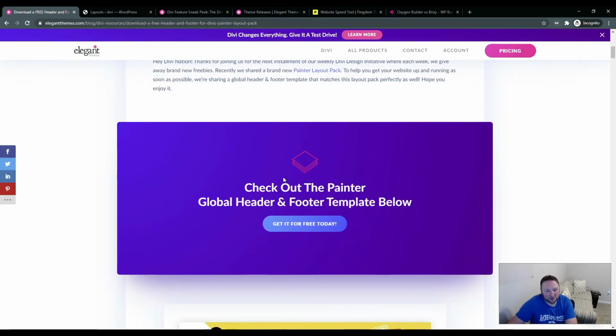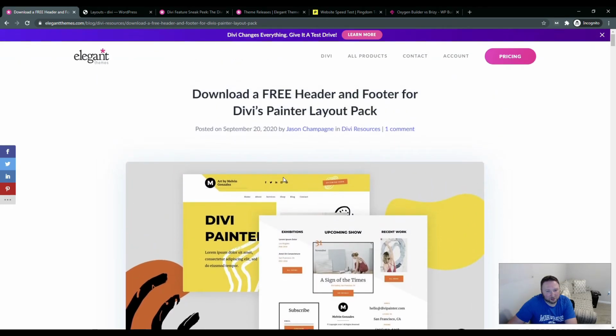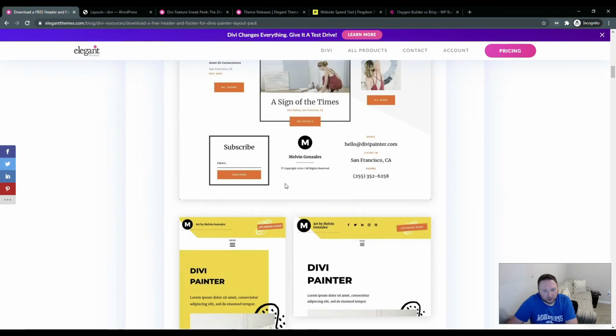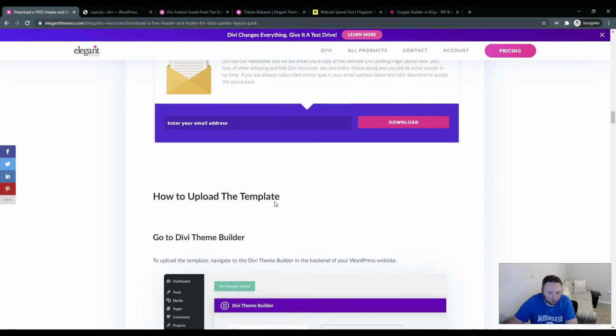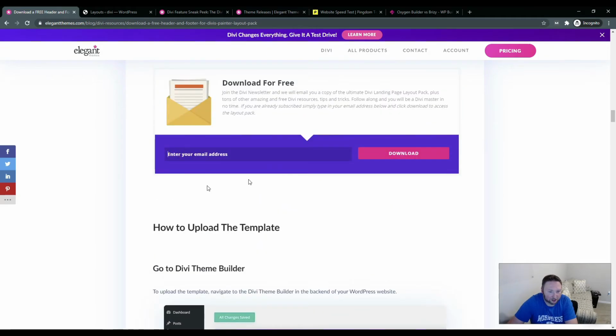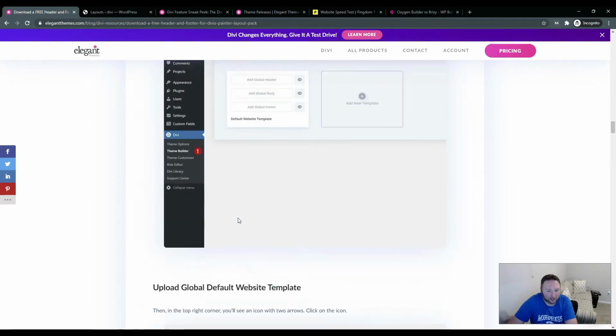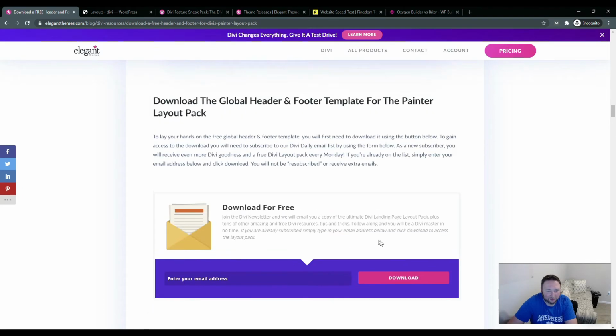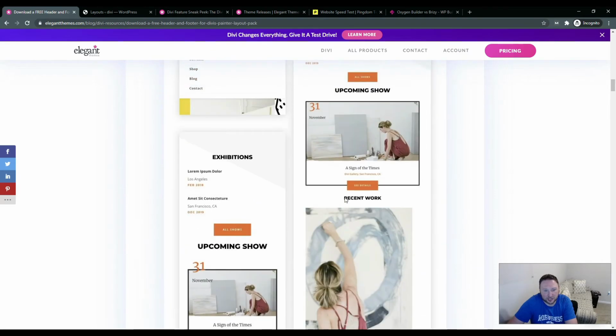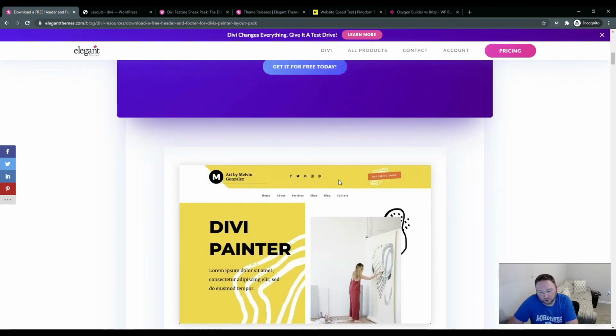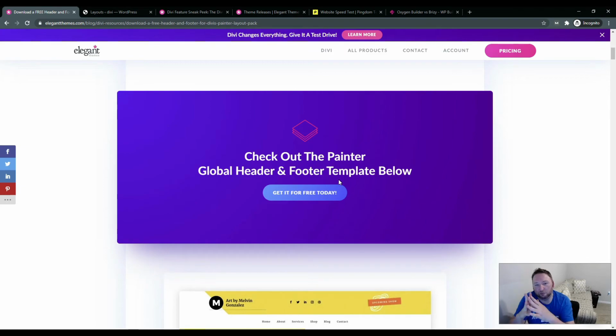They use this as almost like a lead gen type thing, where you come here, you throw in your email and whatever, and boom, you've got your download. I don't like that. If I want to download it, why isn't it just included in the builder itself? And it's just not. And so to me, they lose points for that,